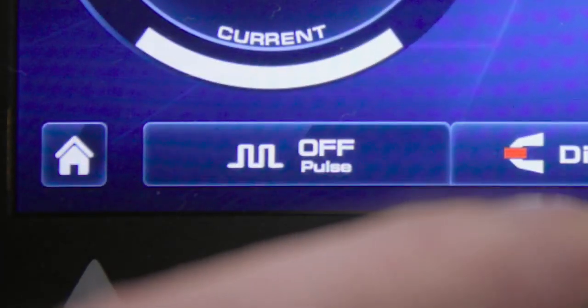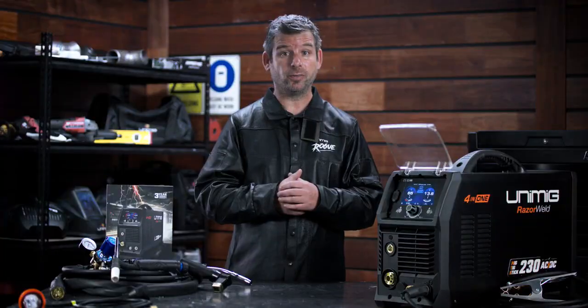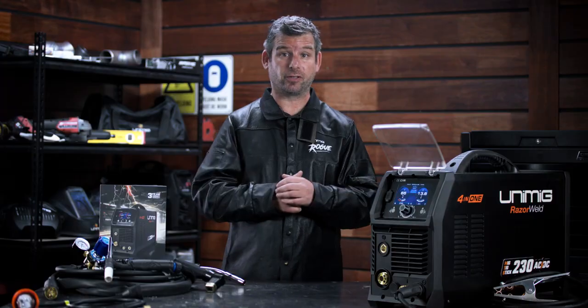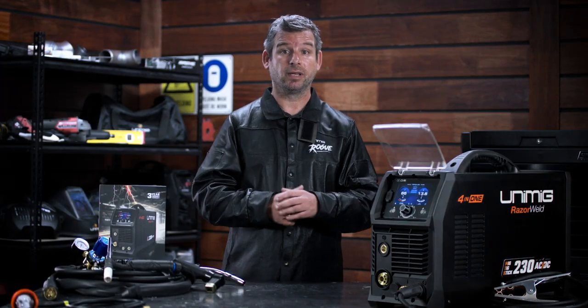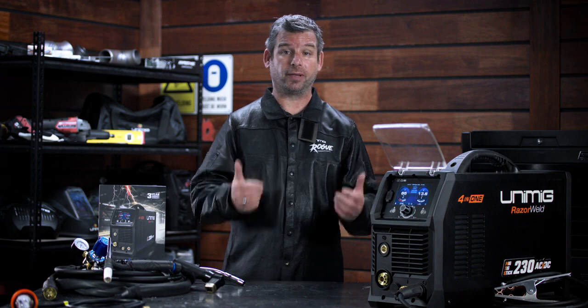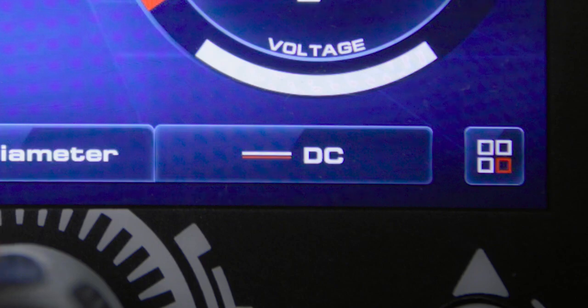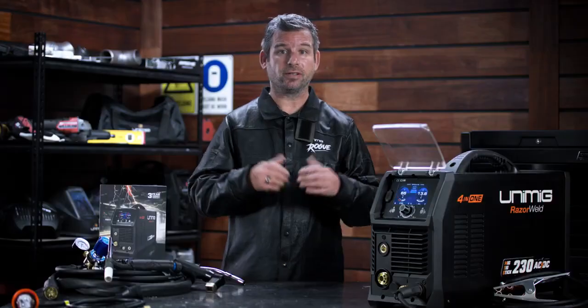The pulse setting turns the pulse mode on or off. The pulse mode when stick welding helps to reduce spatter, improves heat control and makes slag removal easier. It also improves the speed and efficiency of vertical up welds, eliminating the need for weaving whilst maintaining a good root fusion. The waveform setting lets you swap between a DC and AC wave, so you can still AC and